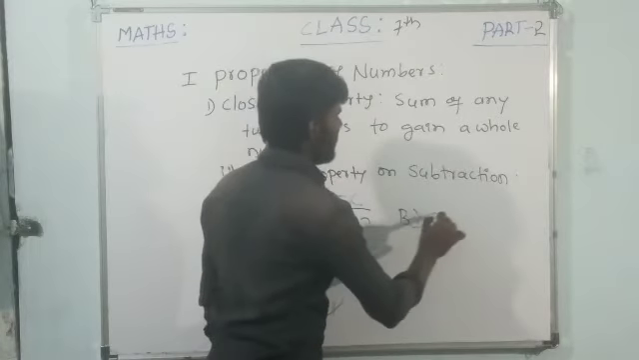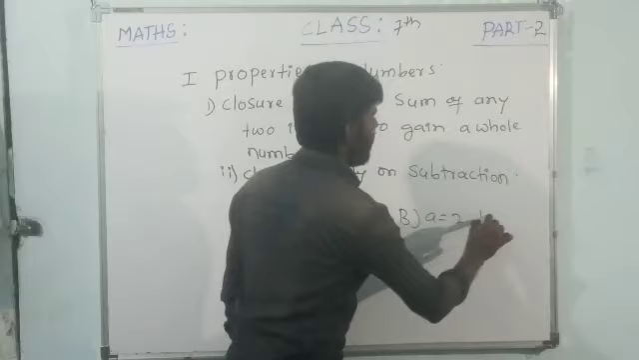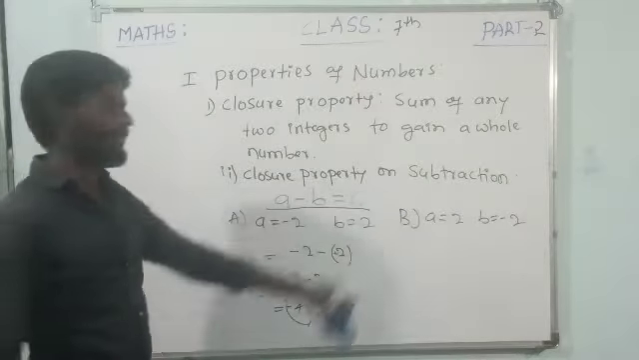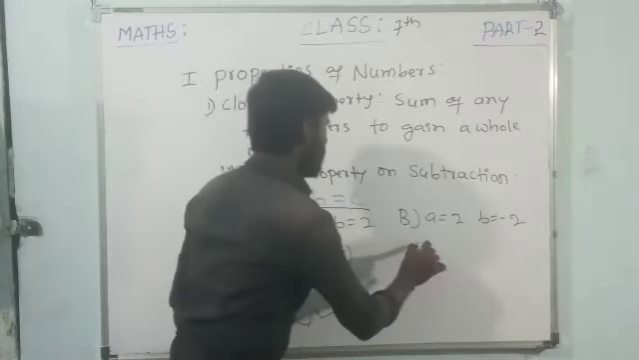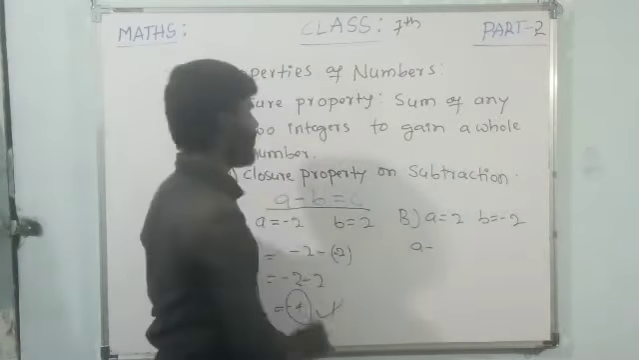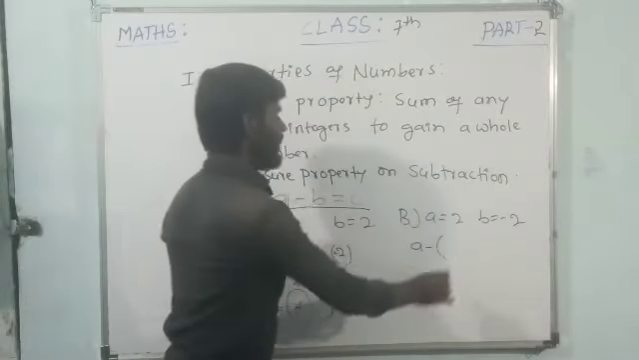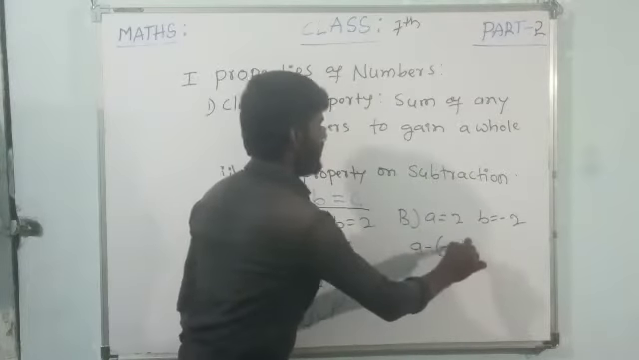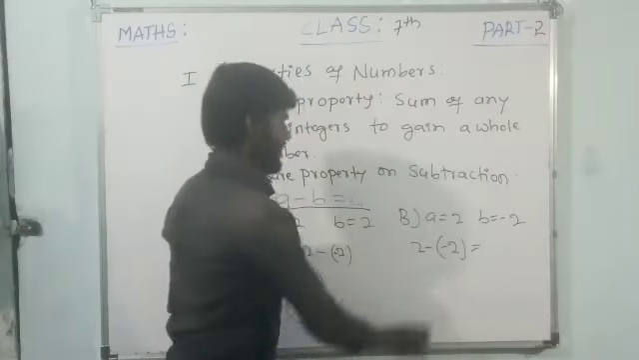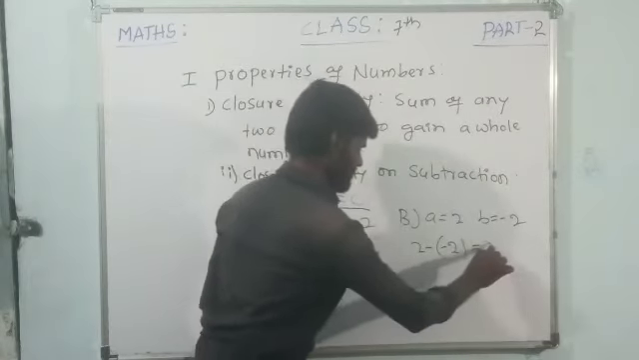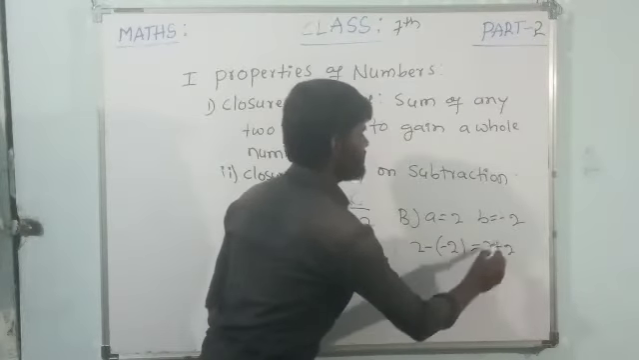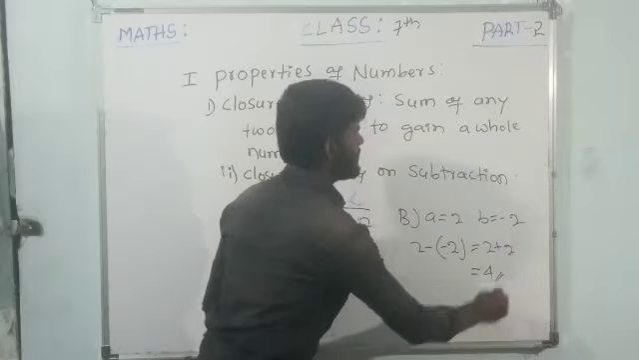Example B, that is A is equal to 2, B is equal to minus 2. In this case, according to the formula, A minus B, here B is minus 2, and in place of A I write 2. Then 2 minus into minus becomes plus 2, so 2 plus 2, the answer is 4, and that 4